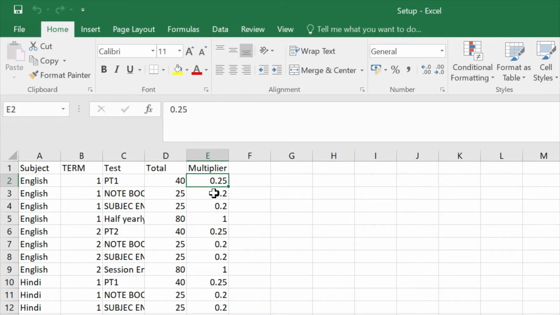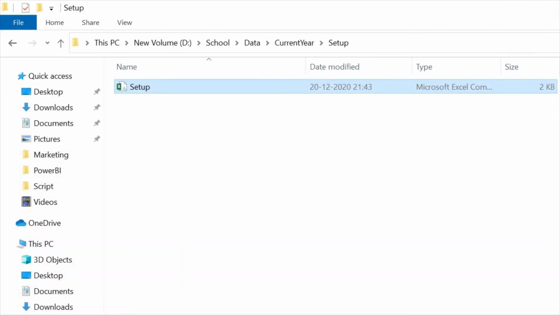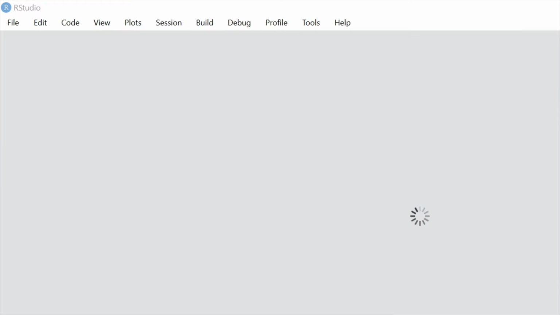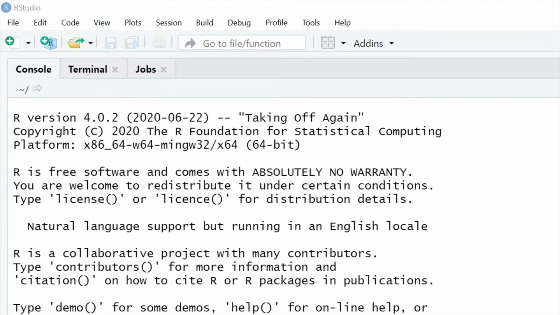Likewise, they have to give the parameters for every area, such as notebook submission, with the total marks as well as the conversion factor, which is nothing but a multiplier. So this is the configuration file they need to enter to calculate the marks. And once it is ready, we will go to R programming to load the data, clean the data, calculate the different values using the parameters, and save the data as a file in a different folder. That we will see in the programming.